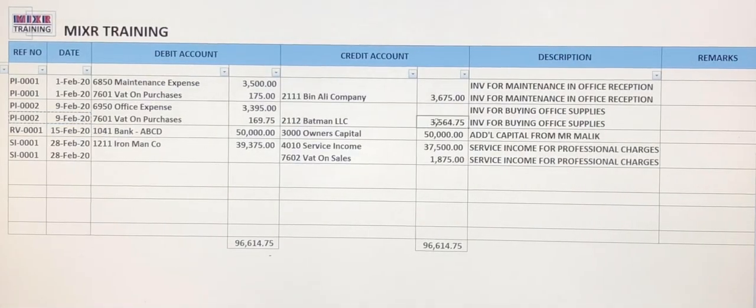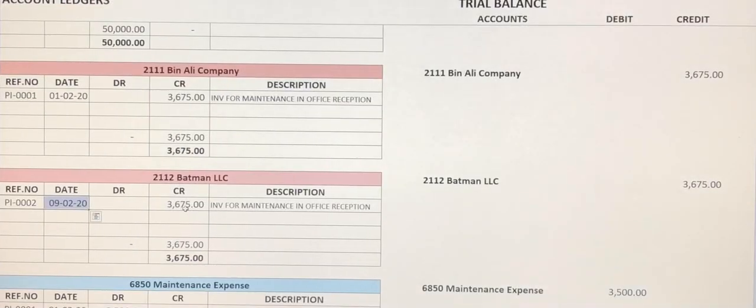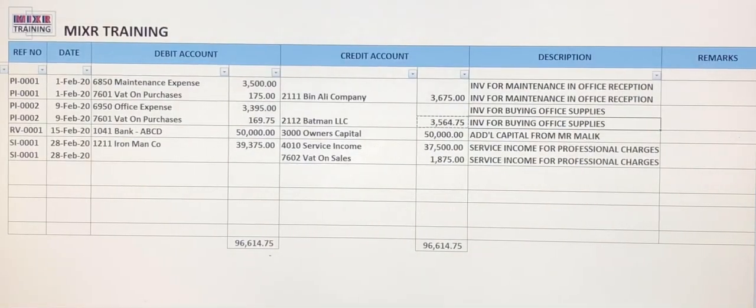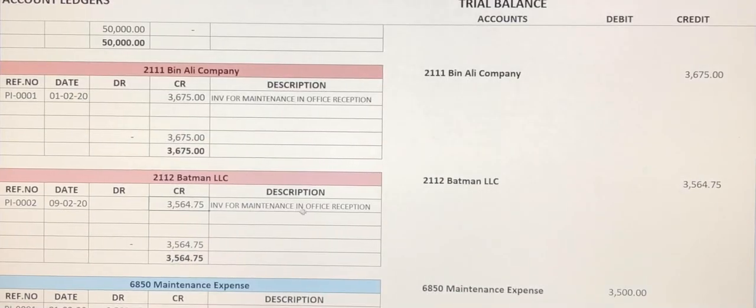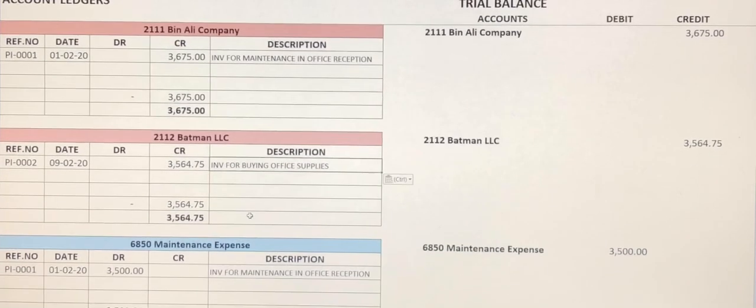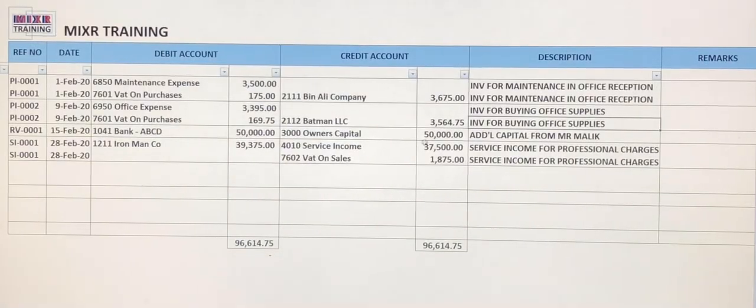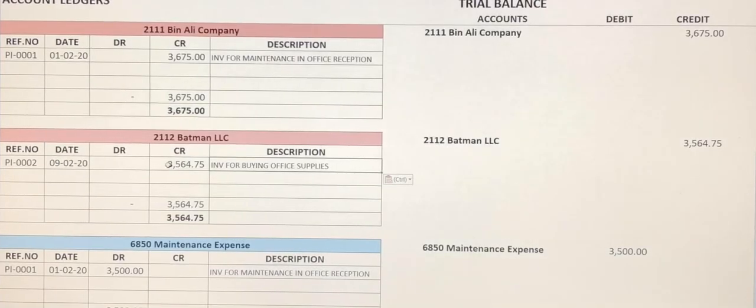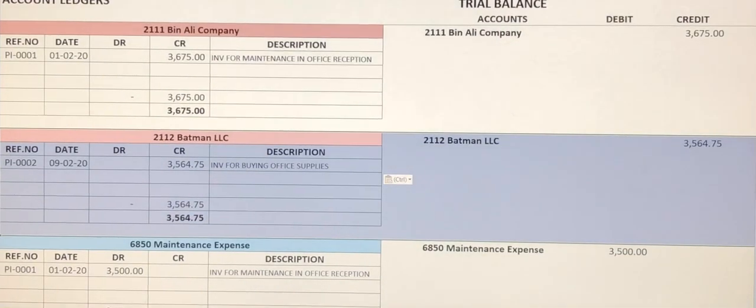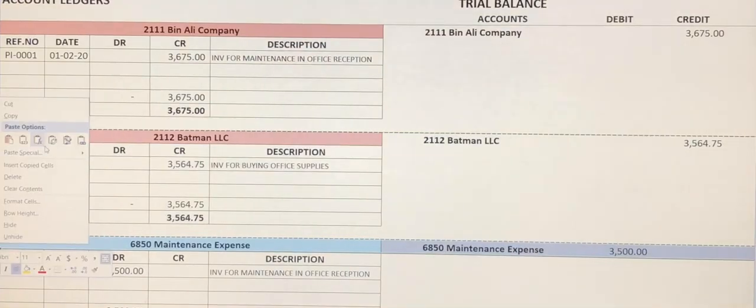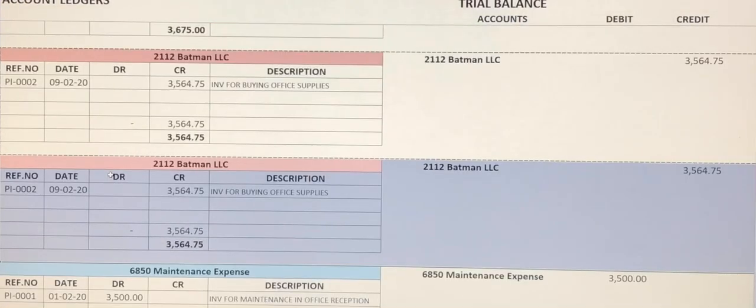Right, and amount is 3564. Alright, and another one is the owner's account. So it is still a credit ledger. Alright, it's just below. And this is